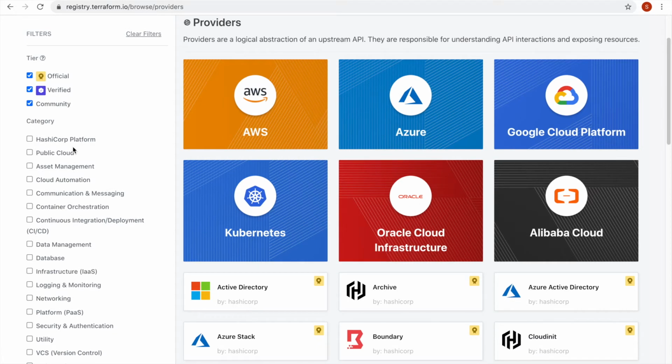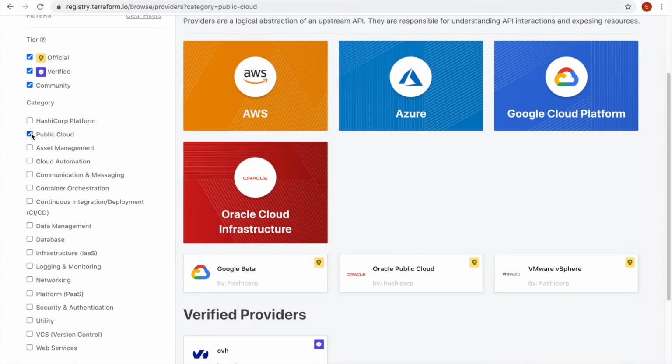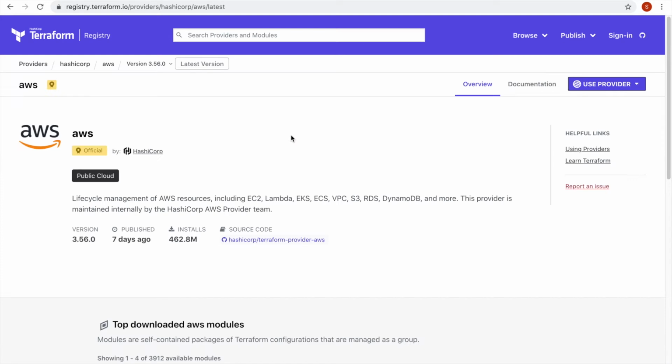You can even filter with more options. Like if you want to filter only the public cloud platforms that are official, you can see the result here. If you go through any of the providers like AWS or Azure, you can just click here.